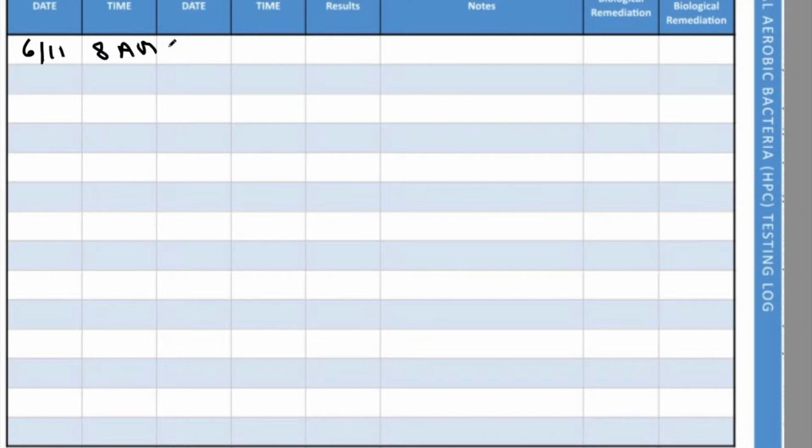Okay. Now, you also want to put down when you read it. And that's typically 24 to 48 hours later, usually about 48. So I'm going to put down in here when I read it, 6/11. And maybe I didn't get up quite that early that morning. Let's say I took it at 9 a.m. You want to put it down and let us know when it's been taken, when it's been read. Okay, so the reading, as you saw previously, as you saw before we opened this form, the reading is done by holding the dip slide up against a chart that the manufacturer provides and taking your best guess for what